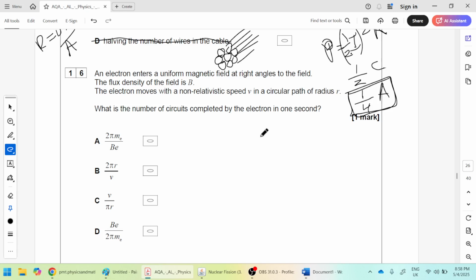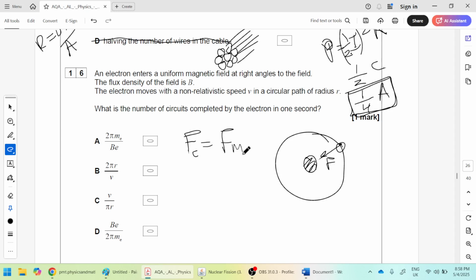What we have is circular motion. In circular motion, our standard strategy happens to be the centripetal force. Here the centripetal force is the magnetic force, BQV, because it's an electron, right? So mv squared over r equals BQV, which means we cancel this out and we get